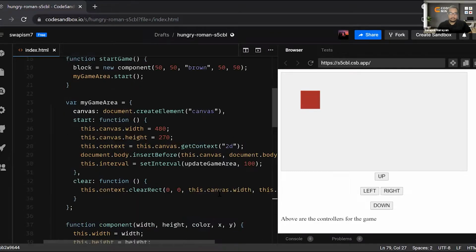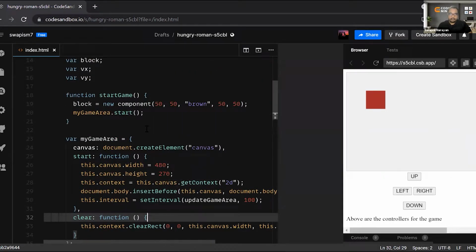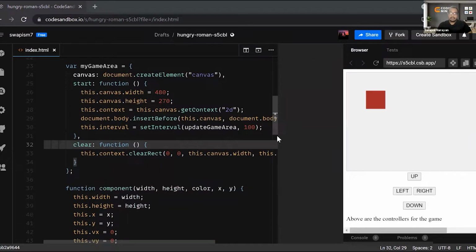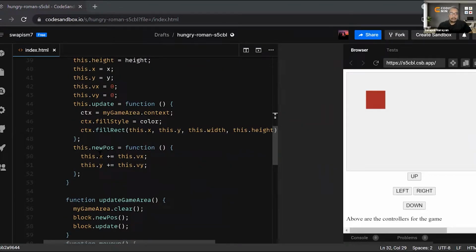It's not working. This dot x plus, okay, sure. I will explain this one. Okay, so what over here, what am I doing? In let's say this dot new position, I am calling a function.